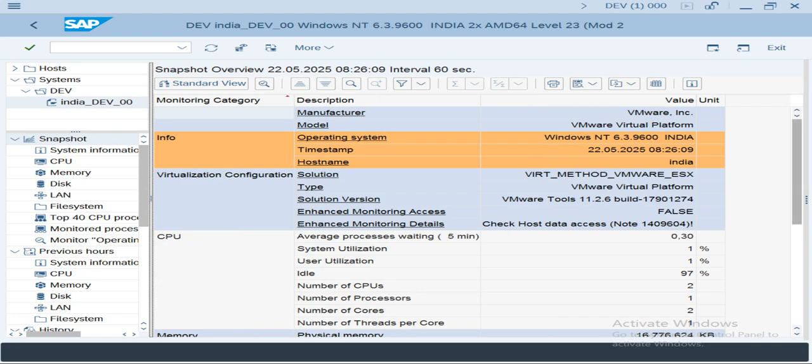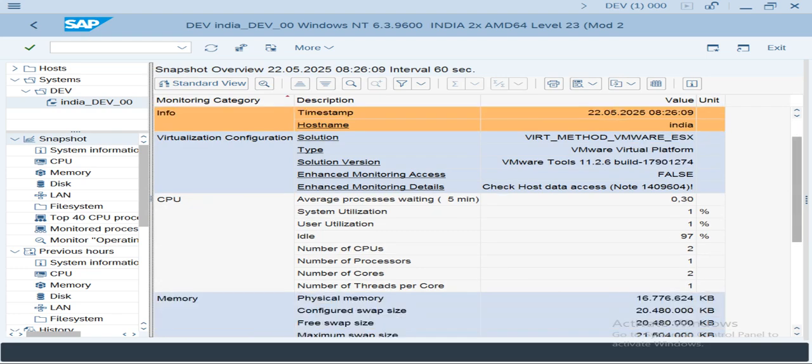Now it comes to CPU details: average process waiting time, system utilization, user utilization, idle, number of CPUs I have configured, number of processes, number of cores, number of threads per core. This CPU information, whatever we gave at the time of installation, will be taken from the operating system level,